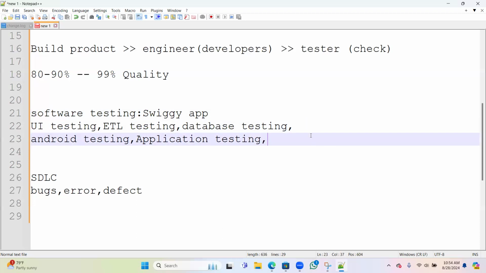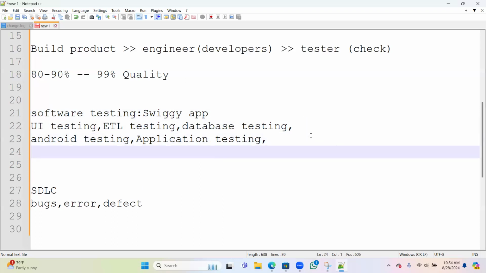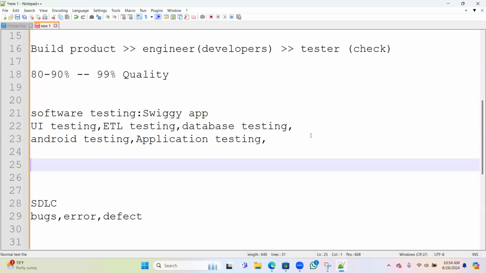Software is nothing but a group of code we write and execute, and it has to do some functionality. For example, coding performs some specific task. So we will check whether that code is working fine or not.